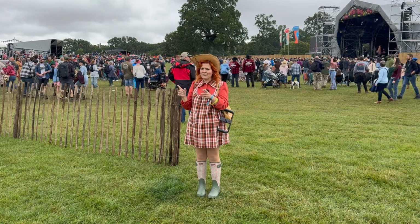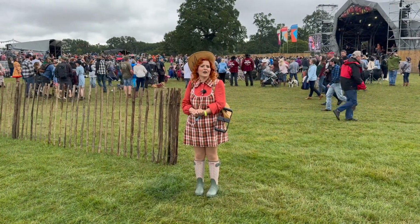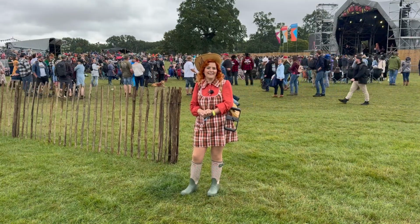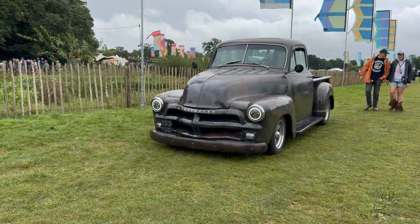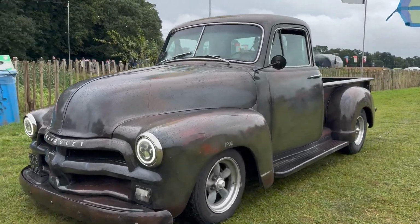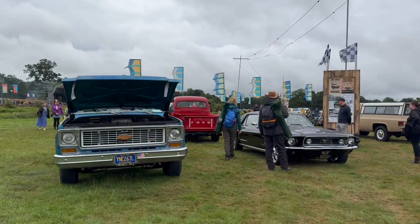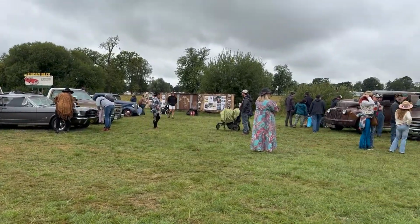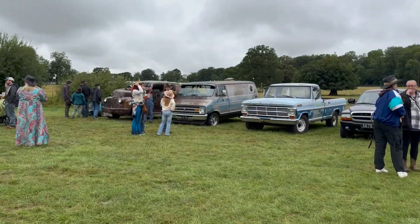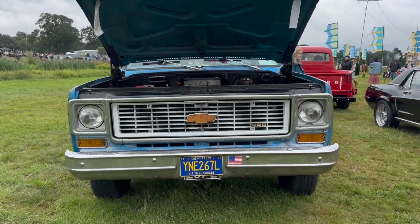Now I think the first place we're going to start at is the car show, so come with me and we'll take a look at the American vehicles on display. As many of you will know from my recent mishap in the F250 video where I got slant 6 and straight 6 mixed up because my notes were a little bit sketchy, my knowledge of American vehicles is very slim indeed. It's certainly not my area of specialism, but my goodness, I really do enjoy an American car show,